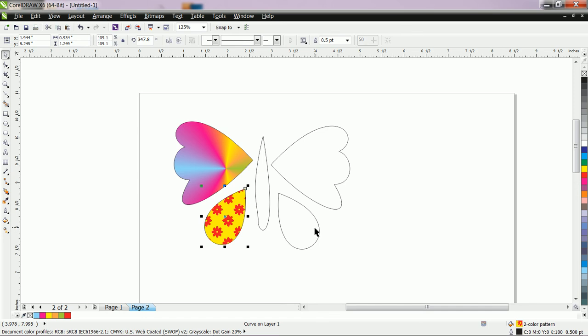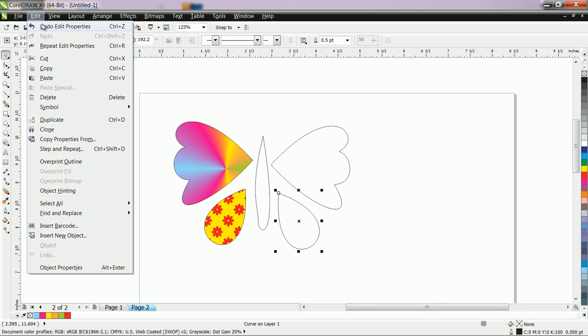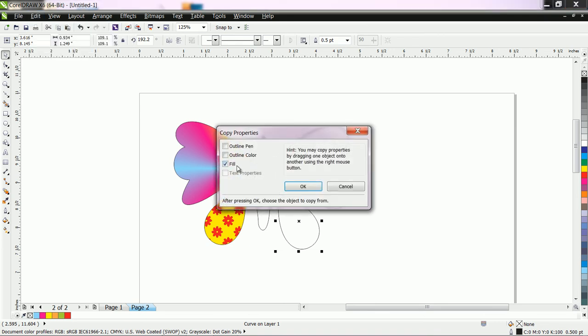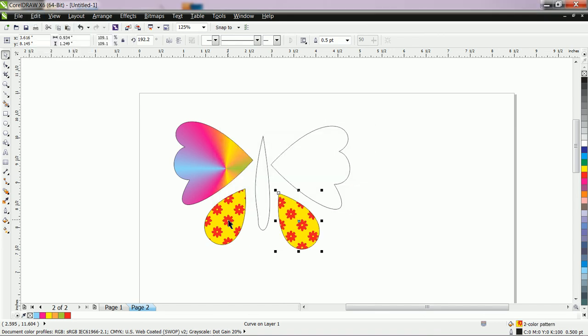Suppose you want a different fill here, then you can also use the different fill method. But if you want the same method, then how to use it? Click the shape where you want to fill the pattern or color. Here we click the empty shape, go to edit, copy property from, click on fill. Okay, this one.